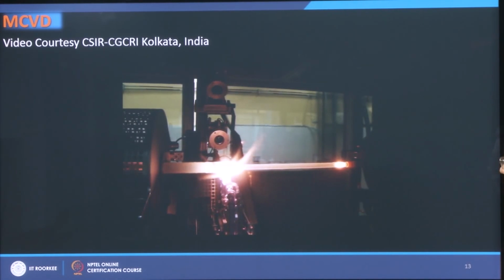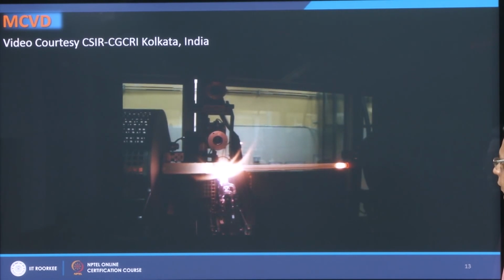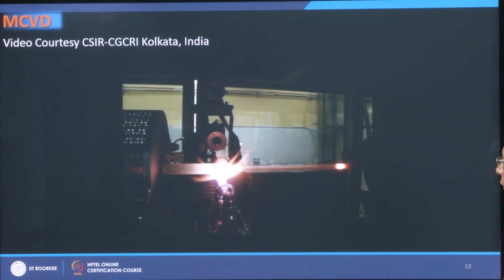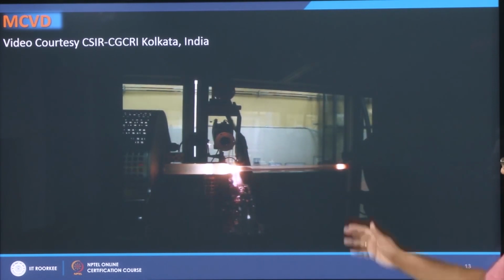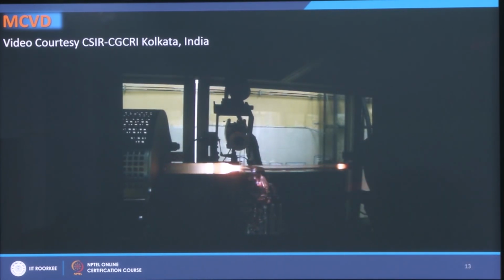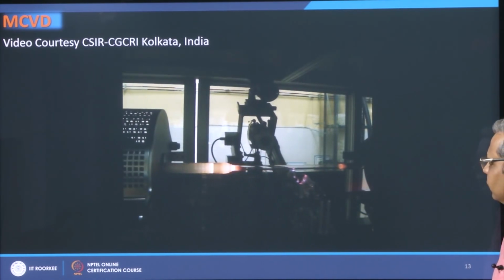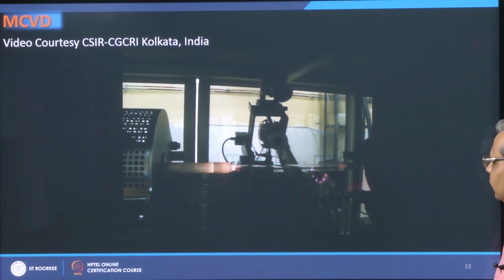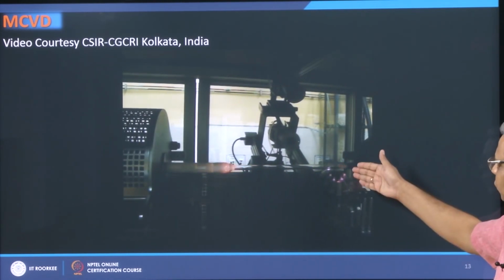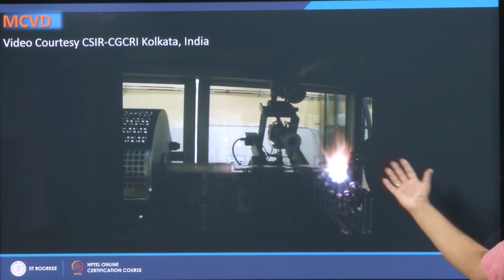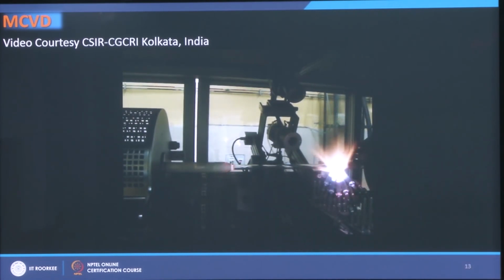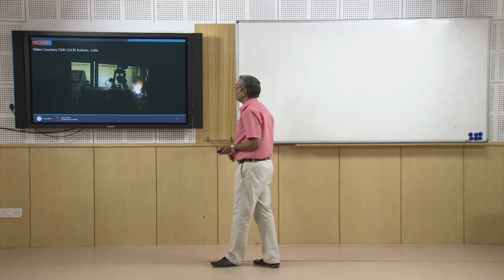And the speed of the take up drum and the speed of the lowering feed mechanism of this preform are synchronized to have a final overall diameter of the fiber. So, this is how it is done, and again I have a small video which shows this fiber drawing at CGCRI Kolkata. So, you can see that this is the fiber preform in a furnace,